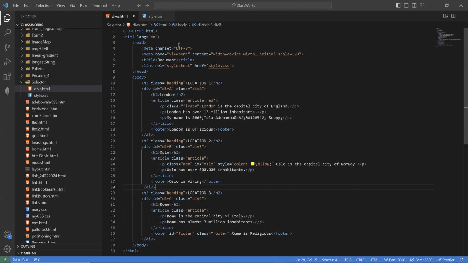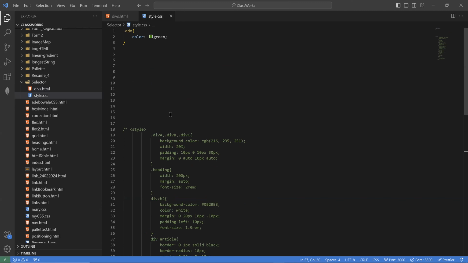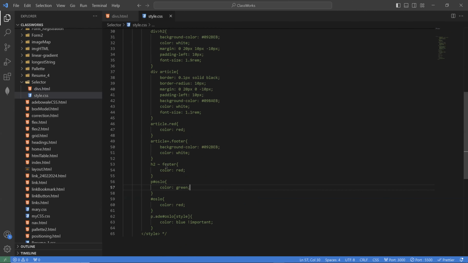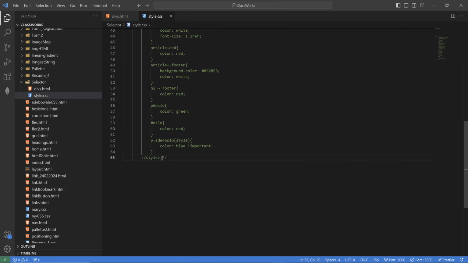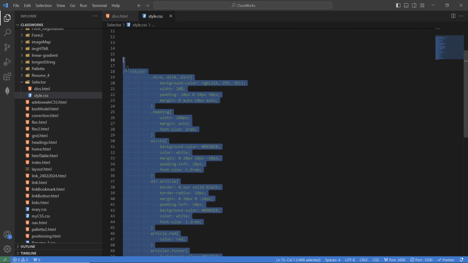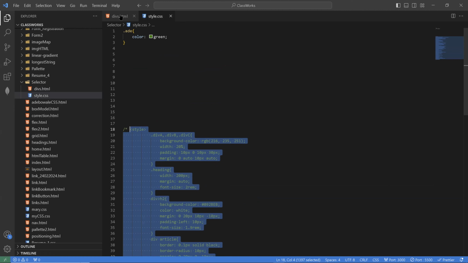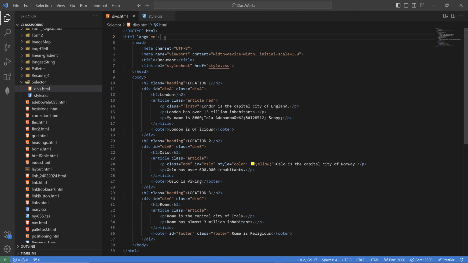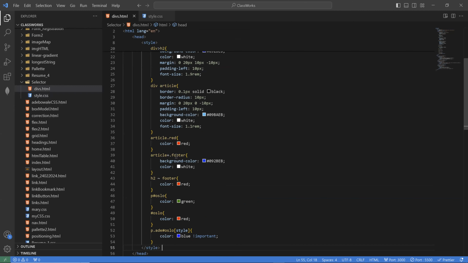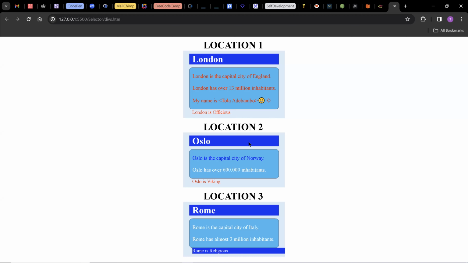And I have done something like it before, but let me just quickly copy it so that we can get a picture of what we are trying to achieve. Let me just paste the style in here. Now, this is what